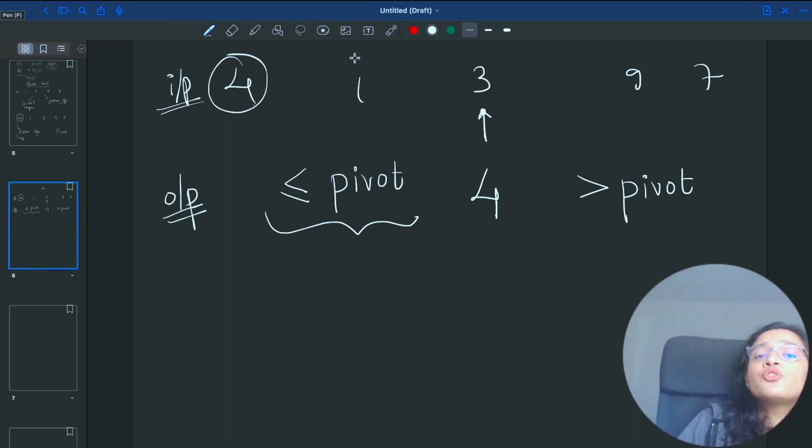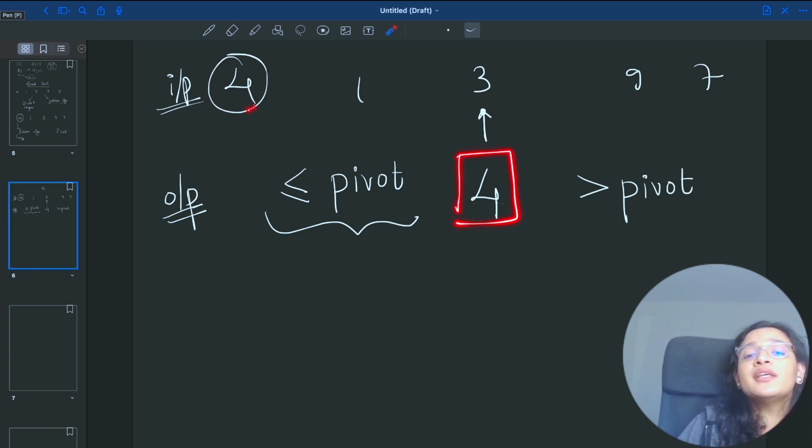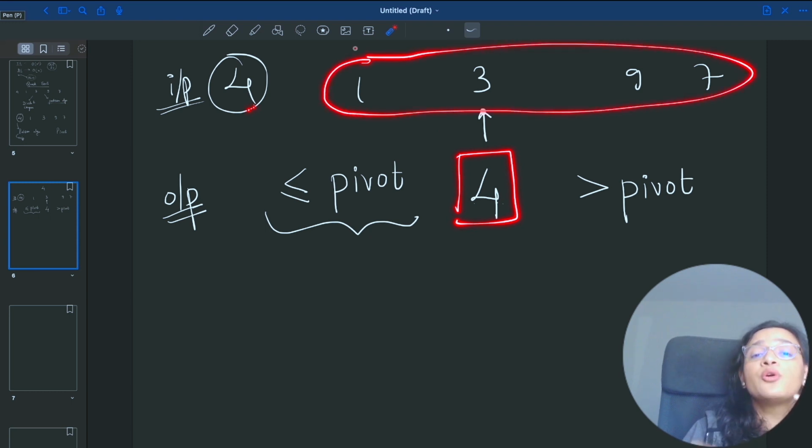It is going to choose a pivot element. Let's assume I have chosen always the first element of my sub array, which I am sending to the partition algorithm, as the pivot element. The output of my partition algorithm is that it is going to place this pivot element in its correct position, and the remaining elements are going to be rearranged